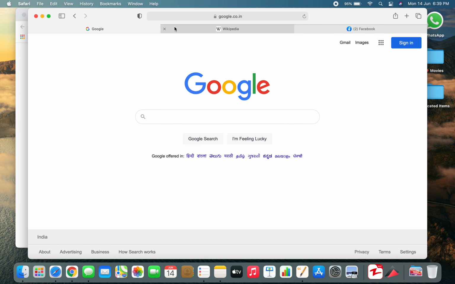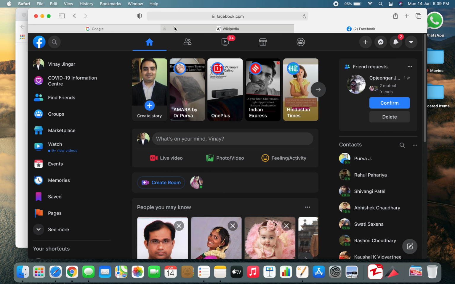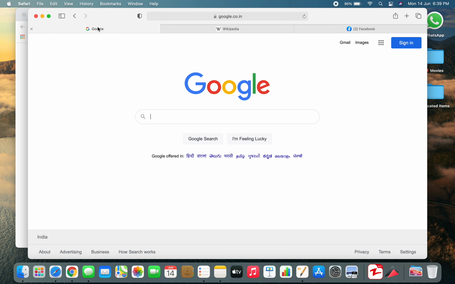And another thing is Control plus Shift plus Tab. So while I press Control and Shift and Tab, I'll be able to reverse this thing. So it is just the method which will go forward and backwards. Now Control plus Tab and Control plus Shift plus Tab I have already mentioned. Now there is one more thing.